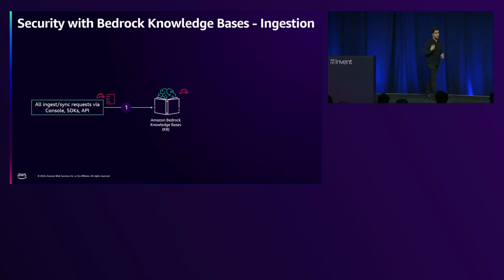From here, we make sure that the service has the right role to now go invoke an action. What this will do is reach out to the document repository you want to store from. So if you're using Amazon S3, it has to make sure it has the right S3 permissions to access. If it's hitting one of our external sources, also make sure you have the right authentication, you have the right permission to actually load that information into knowledge base. Once that's done, we'll actually send that information to a model on Amazon Bedrock. Again, it's important, knowledge base has to have those roles and permissions to actually go call that embeddings model on